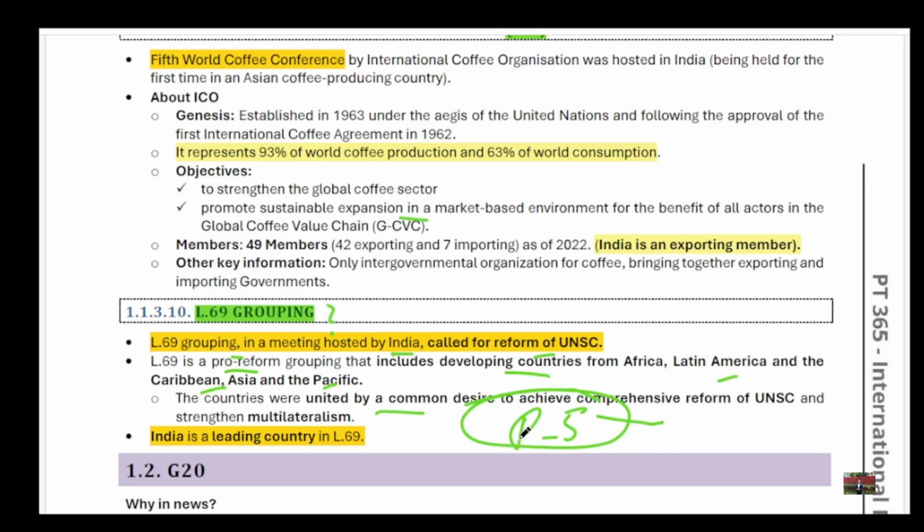So there is a grouping known as L69 which is basically standing in order to promote the idea of United Nations Security Council reform, so as to make the UNSC more inclusive and more representative of the countries around the world, right? So India is a leading country in the L69 grouping. So remember this. With this, we are done with today's first part of